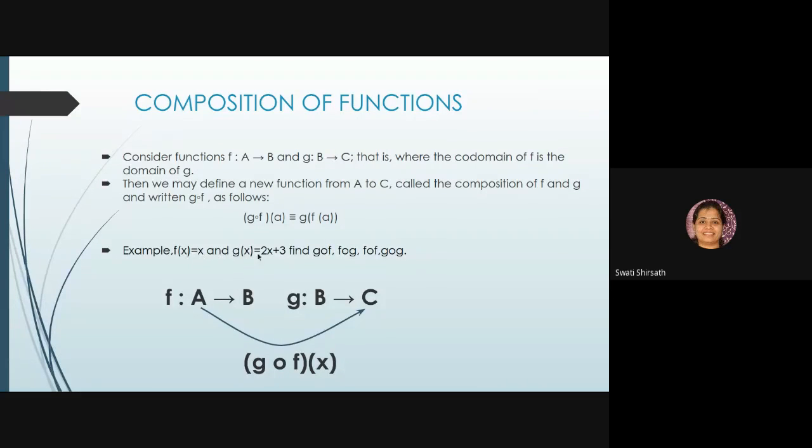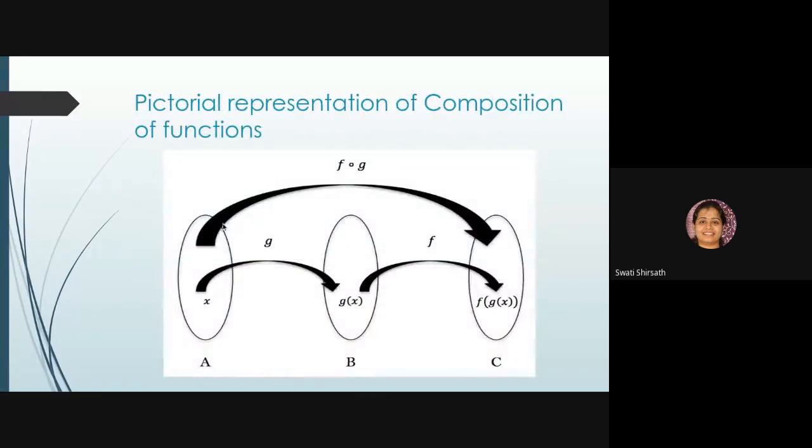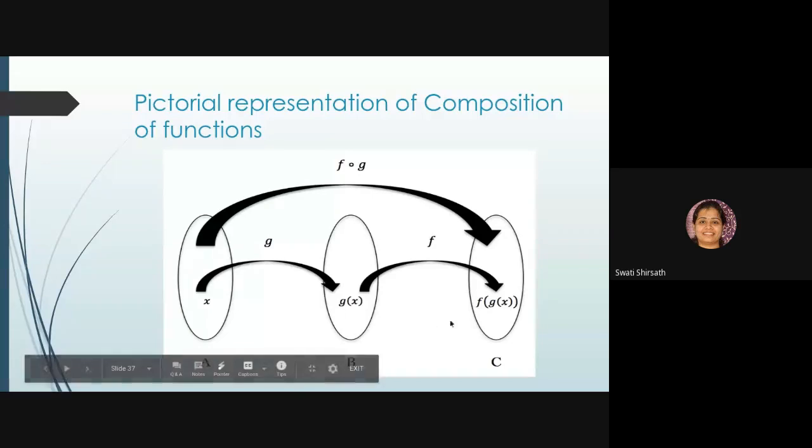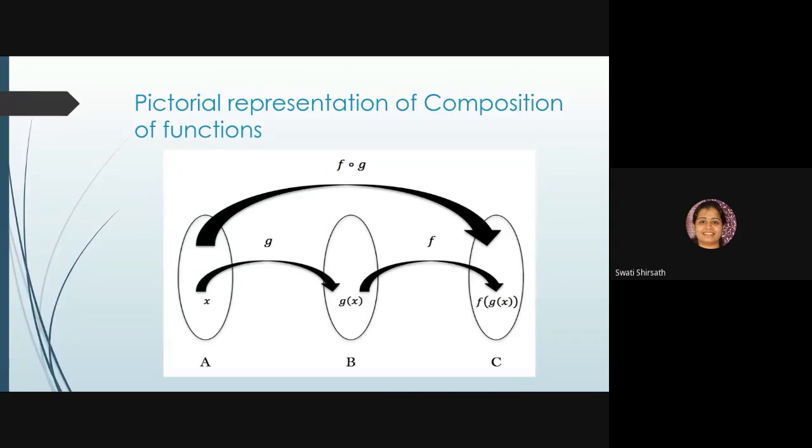Okay, is this clear how to find the composition of two functions if the expression or equation is given to you? Is there any doubt? Should I solve this for any one of you if you're not getting this? Yeah, so that was the function equation given to you, and you calculated the composition of two functions. What if this pictorial representation is given to you and you are supposed to find the composition of two functions? How will you do that?